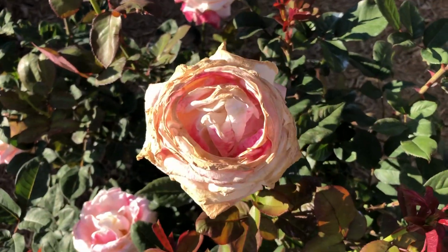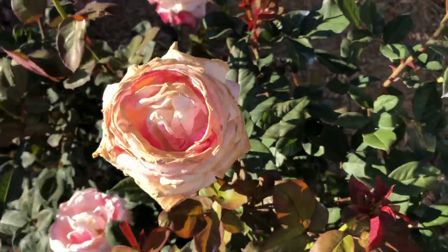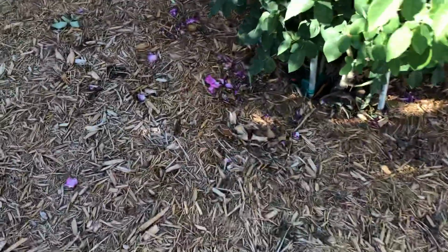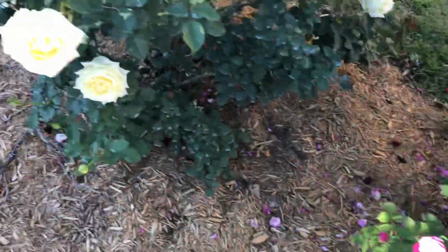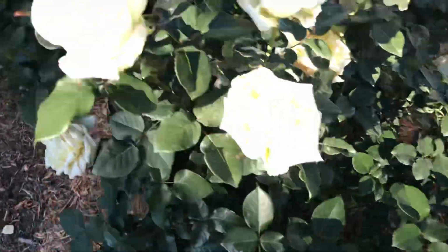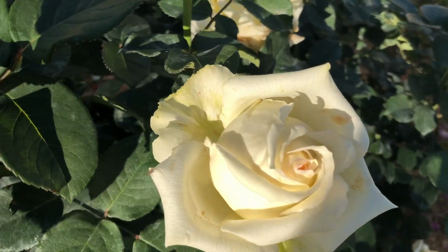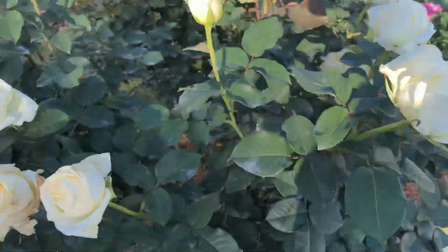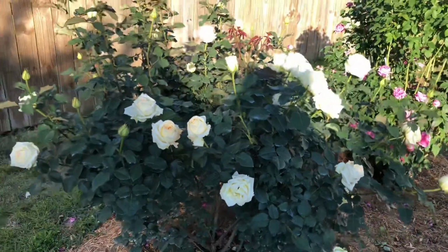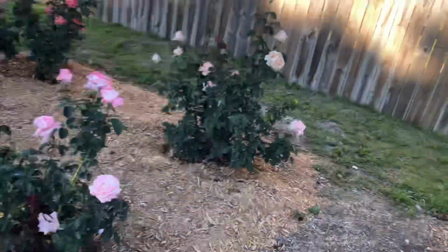You'll prevent pests and diseases from carrying on. And it's good to get it before these petals fall off. Once they fall on the ground like this, they're really hard to pick up. This is from Yolanda de Aragon. I mentioned one of my favorite roses is Alina. Had some thrip problems, and you can see the damage there. But in terms of growth and amount of blooms, you just can't beat that. That's a huge rose right there. So we'll end with